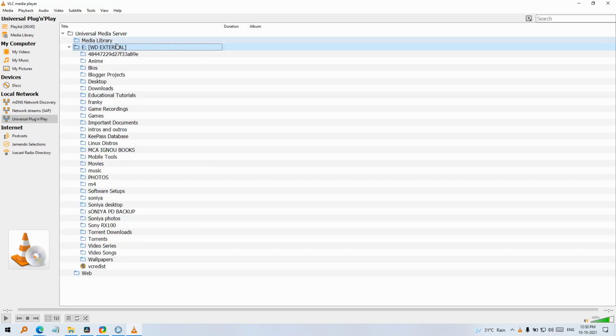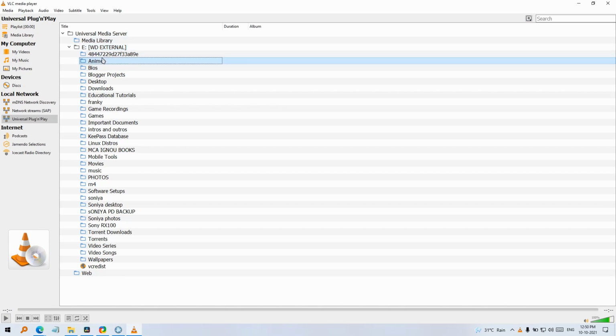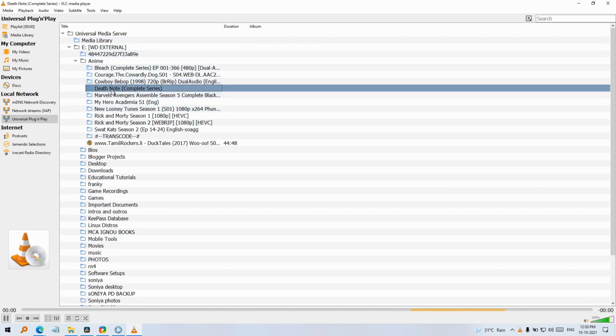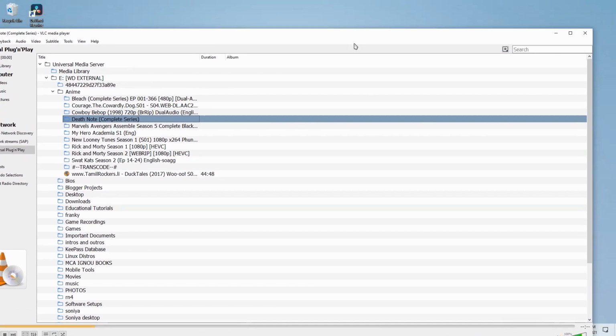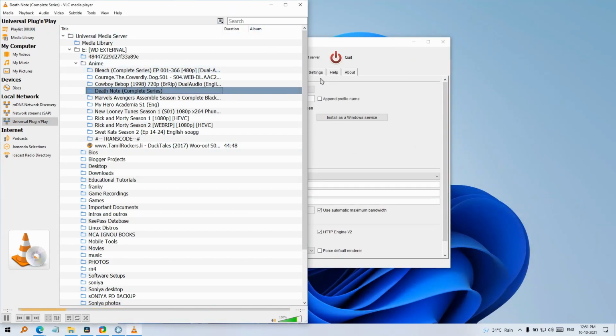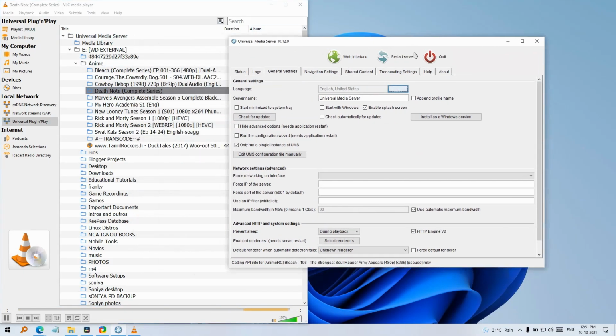This is the one which I mapped. I'll just select Death Note. It's loading the content. While this is loading, we can check the web interface.